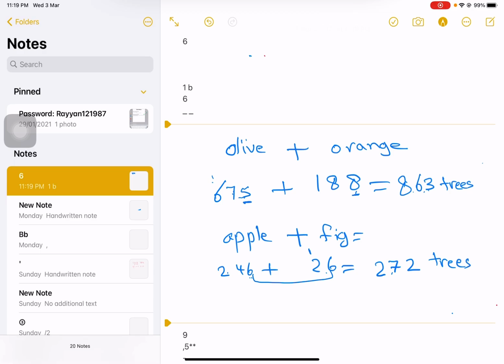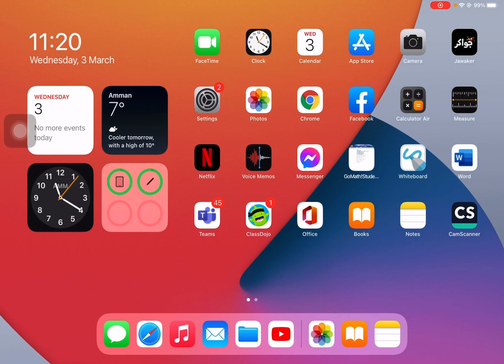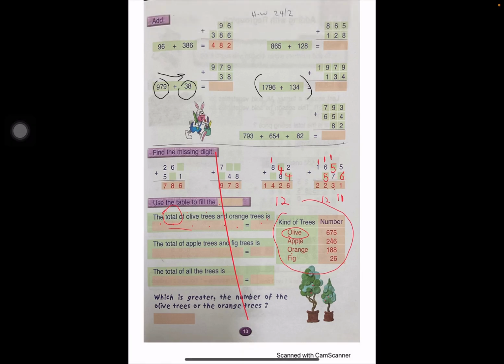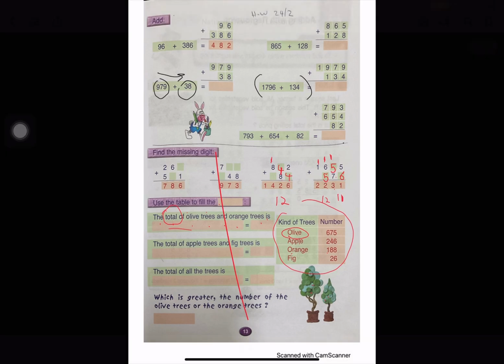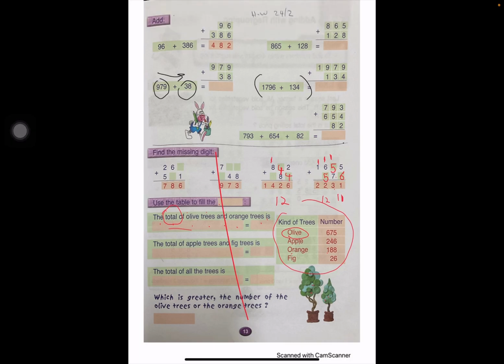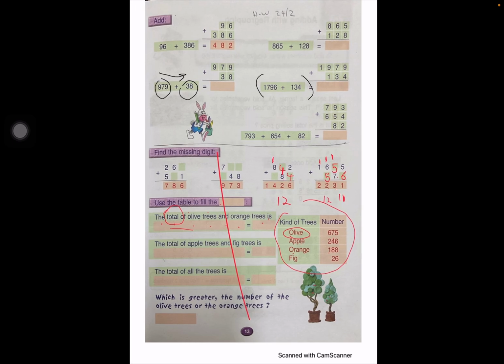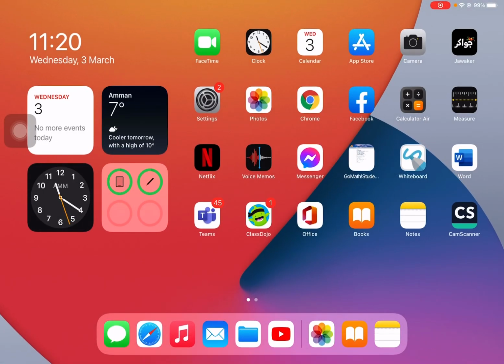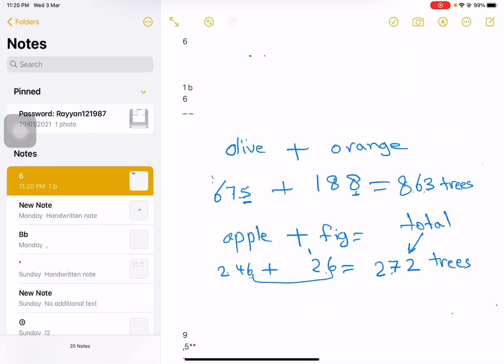Okay, the total. They are asking about the total. Total means you are going to add. Now, the last question in the lesson was the total of all the trees. They want you to add the olive trees, the apple trees, the orange trees, the fig, the total of the 4 trees together. Total means a plus, as we said. Now, I will start from olive,